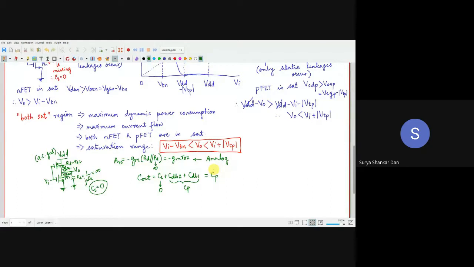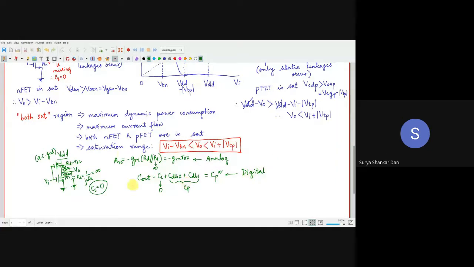So that means if you are not putting any load in a digital IC, the net output capacitance seen is only due to the parasitic capacitance or intrinsic capacitance, as Ashok mentioned. Got it? Whereas this is for the digital approach, the same circuit when you are operating as a digital IC.